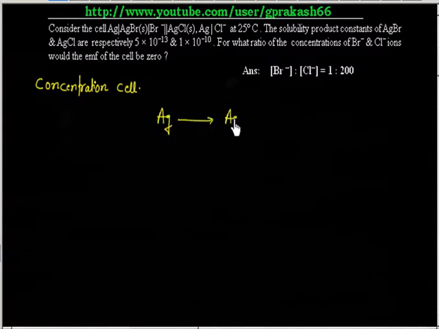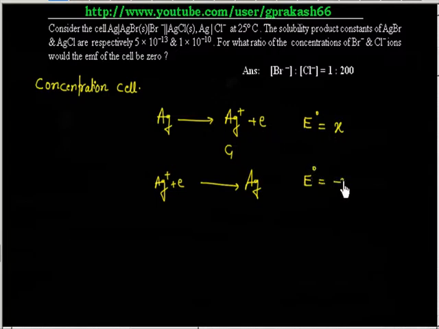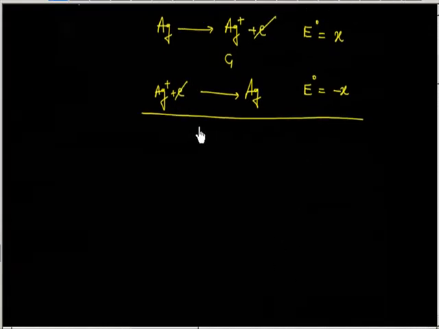Left side is oxidation. You have the reaction Ag plus electron, and let us say for this reaction E degree is X, and call the concentration of Ag plus C1. Now on the right side you have the reduction half, for reduction Ag plus electron forms Ag. If oxidation is X, then reduction has to be minus X. Now if I add these two cells, I will have E degree 0.